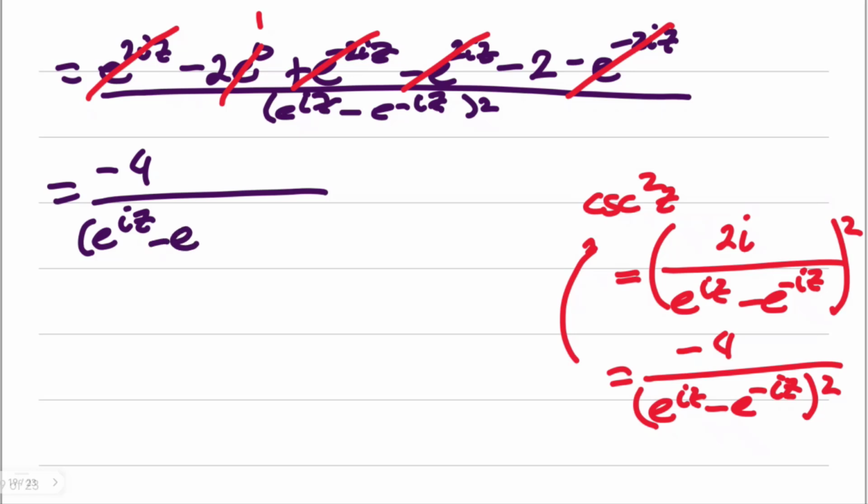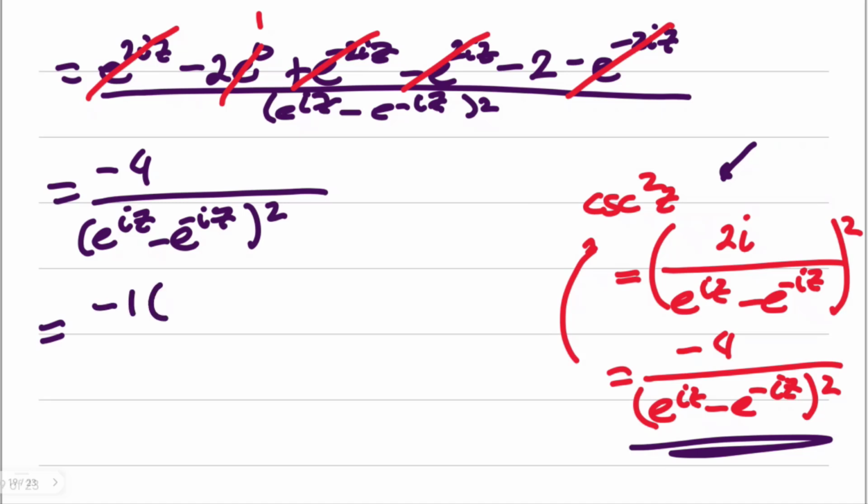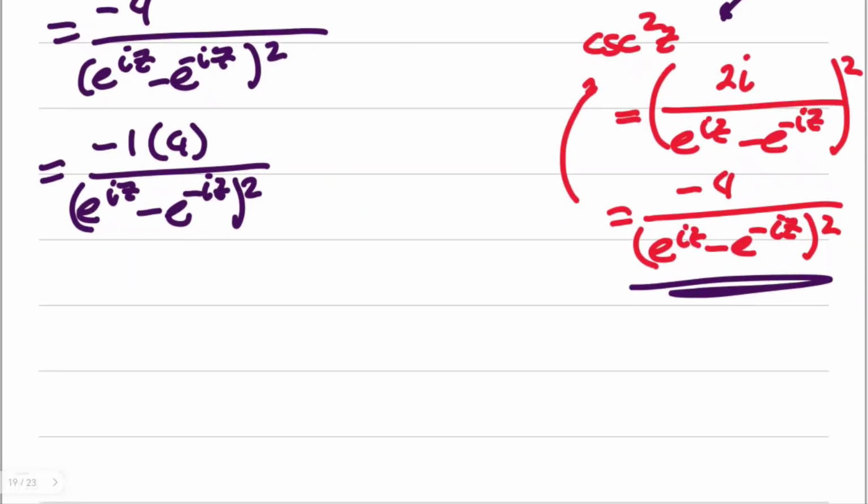See that if you were able to simplify this numerator, you will still need to factor that and later on arrive at this one here. So we have shown that we already have the 4. Okay, so allow me to just add some steps. We know that it could be written as negative 1 times 4 over e to the power of iz minus e to the power of negative iz, squared. I would like to really capture this one here. We just arrived at this one, but I would like to capture this form.